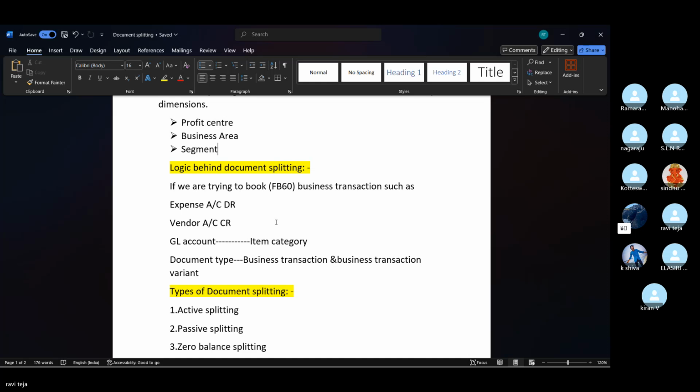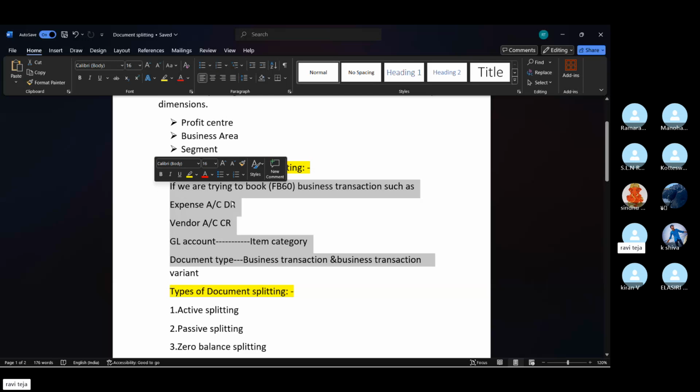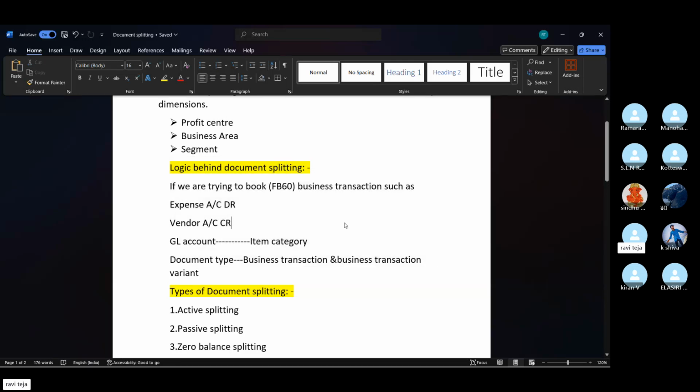Yeah, you can go ahead through the document. After that, anyone can share. Oh, okay, sir. I have to show this logic, how the system will work in SAP systems. So I need a server. How document splitting works in the SAP system, based on which rules it will work and which rules it will split the line items. I need to show in the system.